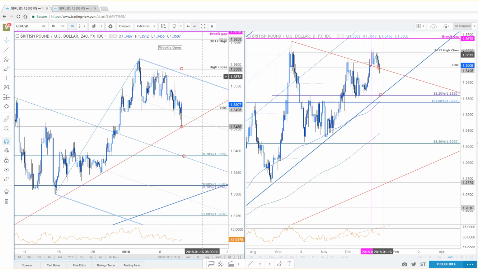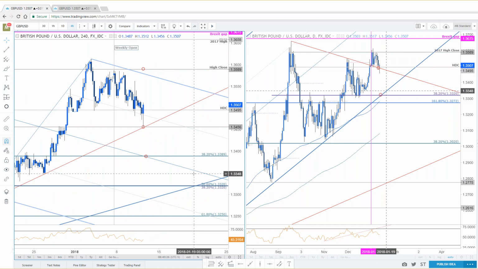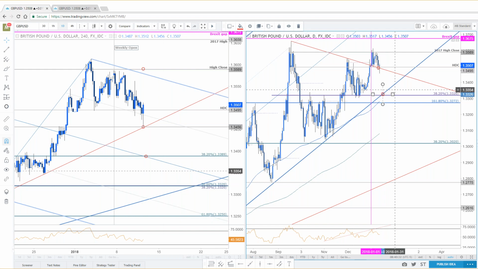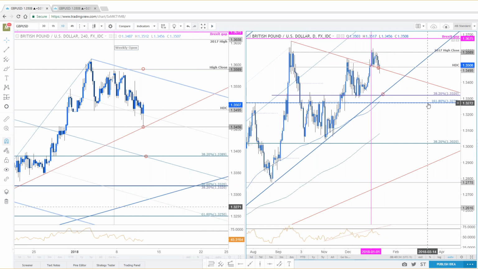You're still at risk for a move lower below the weekly open. And this is the break that would open up 33.89, and more importantly, 33.20. That's a big region of possible support here for the sterling. All right, so all things held constant, sterling dollar specifically just made a defensive support.